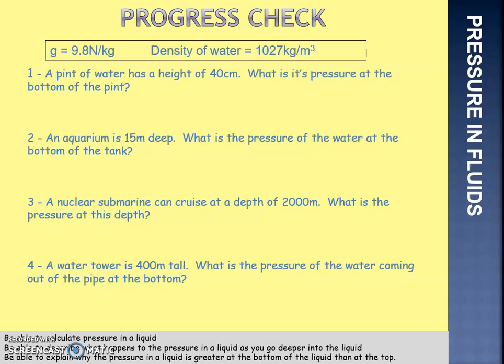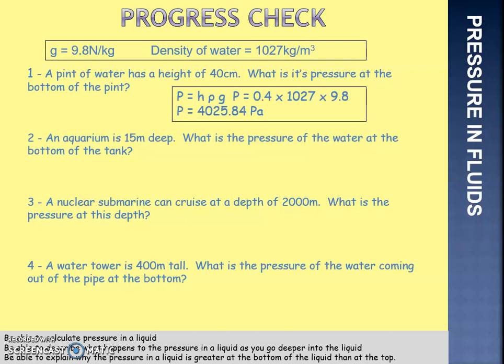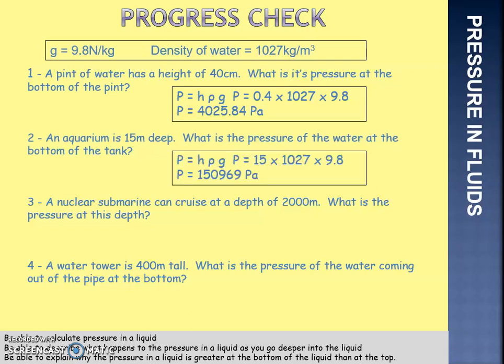Okay, so question 1. A pint of water has got a height of 40 centimetres. What's the pressure at the bottom? Again, we write our equation, substitute our figures. Now remember, 40 centimetres we need to convert to a metre, so that would be 0.4. Density of water is given at the top of the page, times by G, which is 9.8, should give us a pressure of 4,025.84 pascals. For number 2, again, density of water is the same, but the aquarium is 15 metres deep, so it's 15 times density times gravitational field strength, giving us